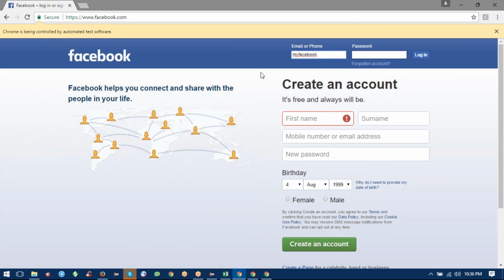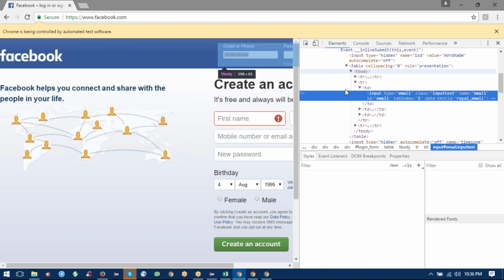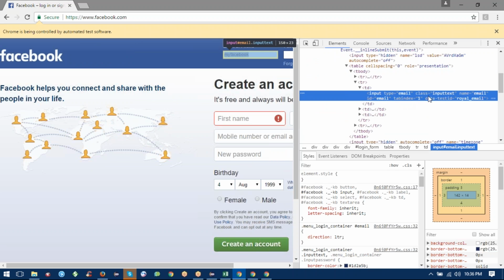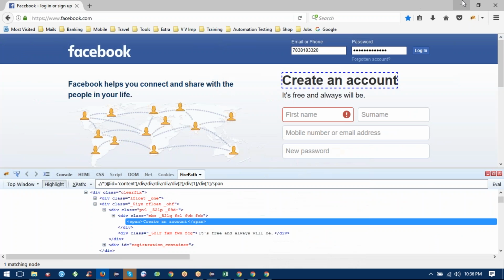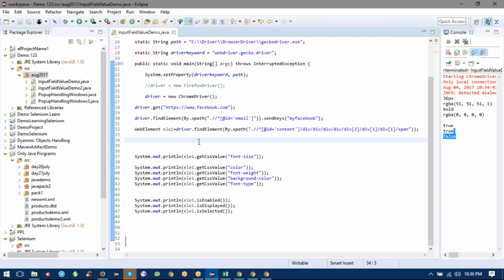See, this is the element. So when you right click and inspect, you will see over there that the type is email, the name is email, and the ID is email, right? So I have got the XPath. Right click, copy XPath. And when I go to my code and paste it here,